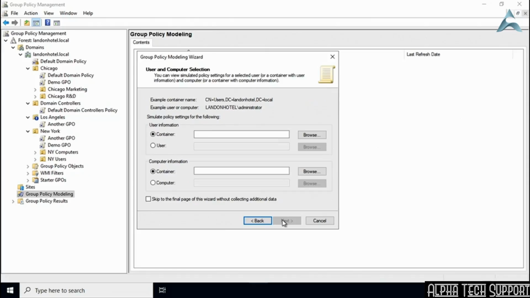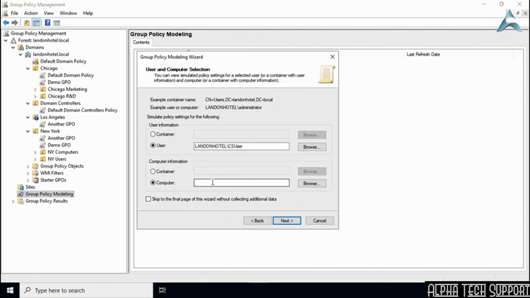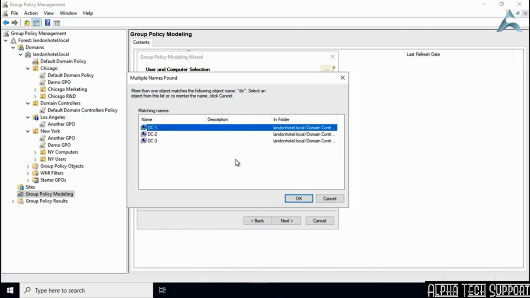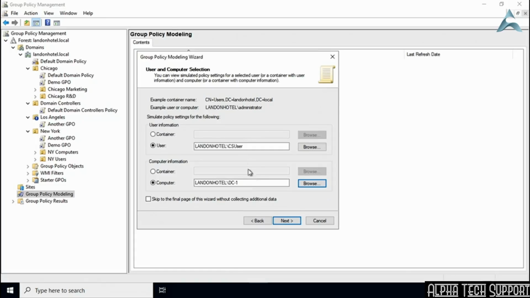Now is where we do the user and computer selection. So we say, what if certain user logs into a certain computer? And now it can be any user on any computer. So for instance, for the user, I could actually put in the customer service user, right? What if the customer service user was to log in to, we'll say DC1, okay? Not that that would be very practical because you don't have users logging into domain controllers, but you could do